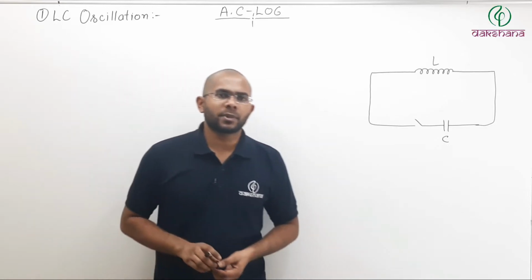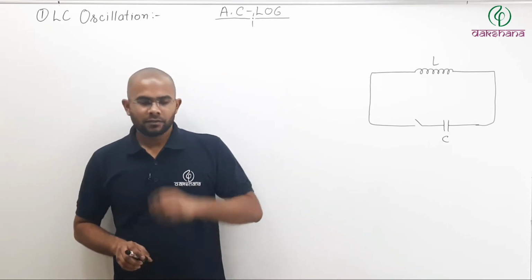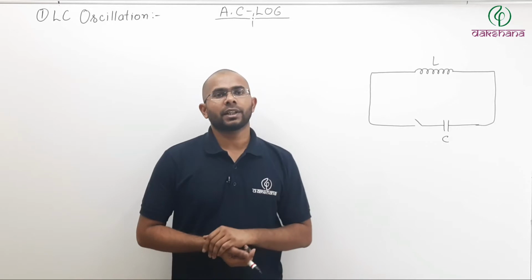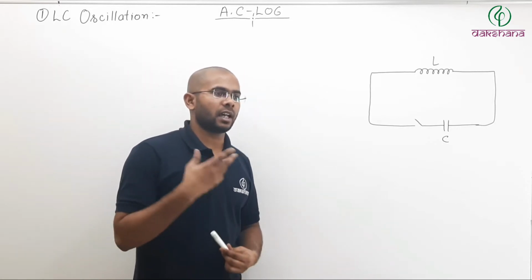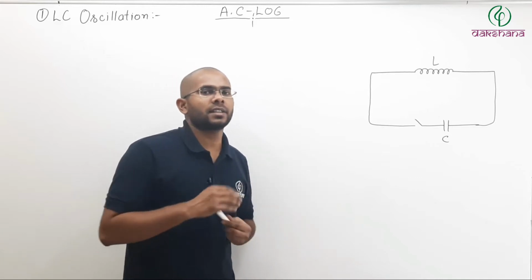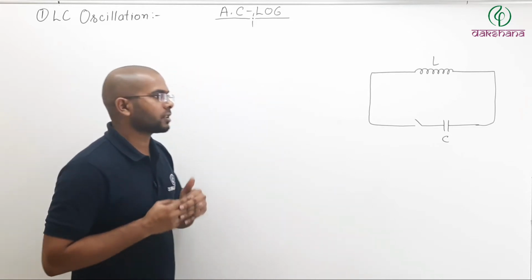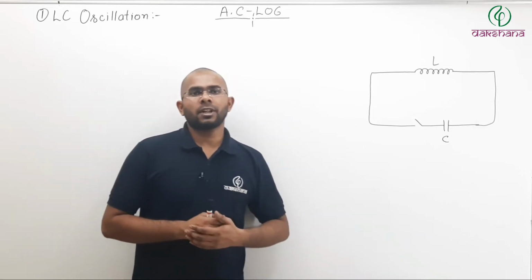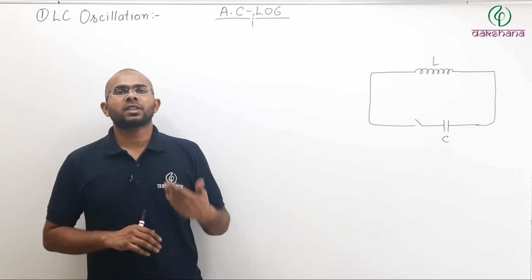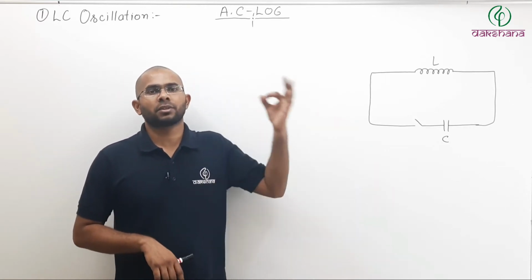Until now in this chapter of alternating current, we have covered what is alternating current. We have covered different types of alternating current. We have covered different types of AC circuits, that is RC circuit, RL circuit, LCR circuit, like that. And we have also seen what is the power consumed in all these circuits. We have also covered the potential, the RMS potential across all these components: resistance, capacitor, inductor and all